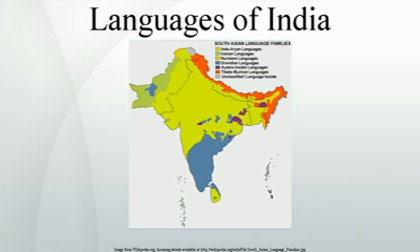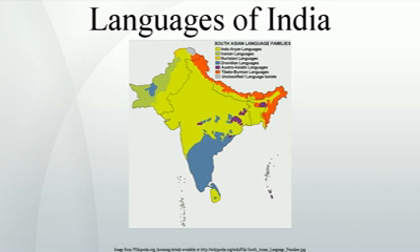Some languages with a large number of speakers still do not have this status, the largest of these being Bhili-Bhilodi with some 9.6 million native speakers, ranked 14th, followed by Garhwali with 2.9 million speakers, Gondi with 2.7 million speakers, ranked 18th, and Kanchi with 2.1 million speakers, ranked 22nd. On the other hand, two languages with fewer than 2 million native speakers have recently been included in the 8th Schedule for mostly political reasons: Manipuri Meitei with 1.5 million speakers, ranked 25th, and Bodo with 1.4 million speakers, ranked 26th.